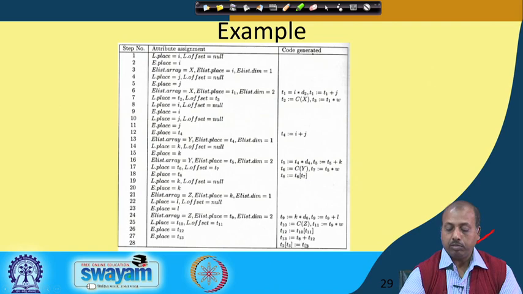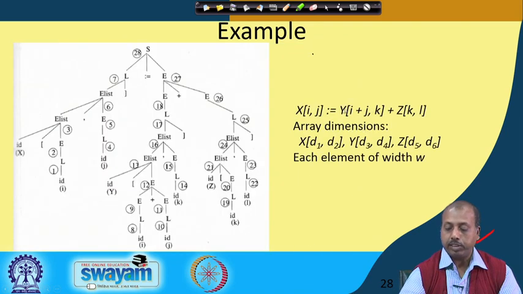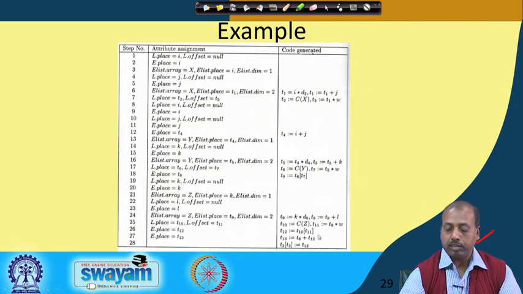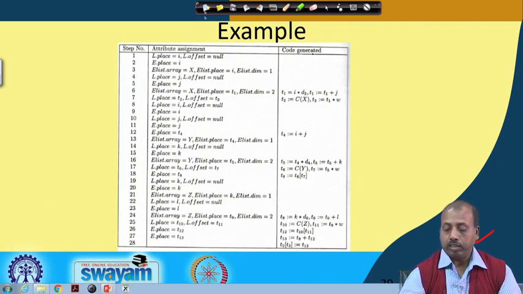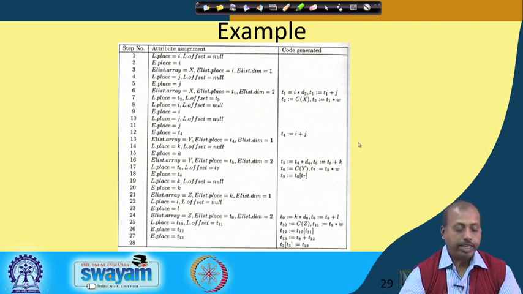So, T13 is having the T8 plus T12. So, this is the right hand side of the expression. This whole thing is available in T12, and that is added with T8, and T8 was holding the first array axis T6 T7. So, they are added and then that is assigned to the array on the left hand side T12, T13. Okay. So, this way we can generate the code for the array elements.